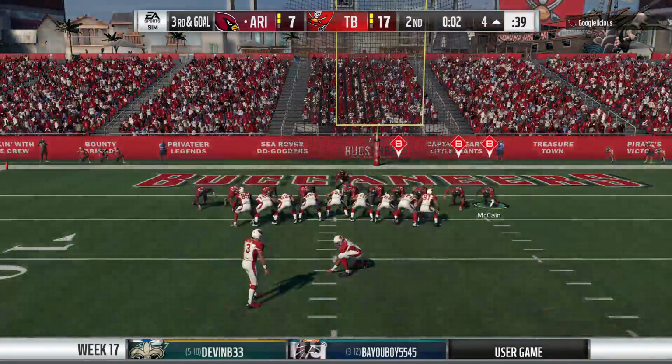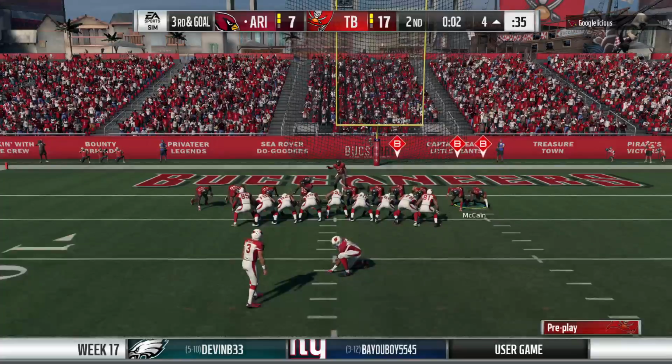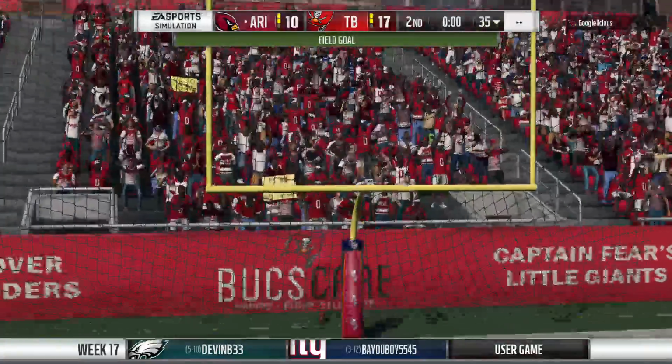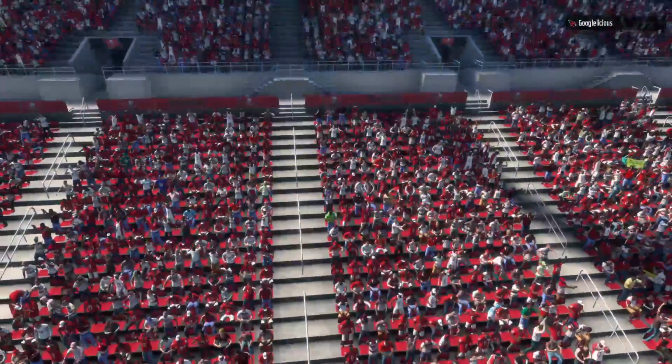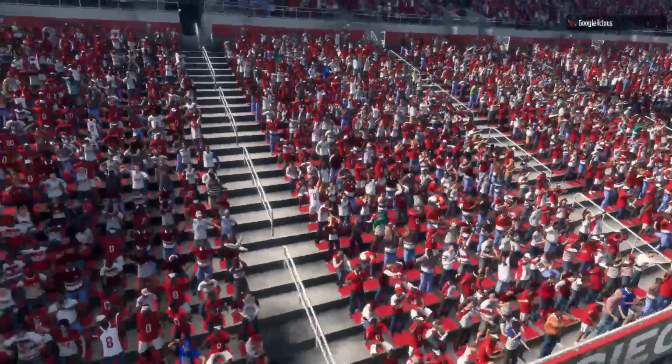So with 2 ticks left here in the half, on is the field goal unit. From the left hash, a chip shot here. And Bryant's kick is good. So we've come upon halftime here in Week 17, as we will toss it an hour or so east of here